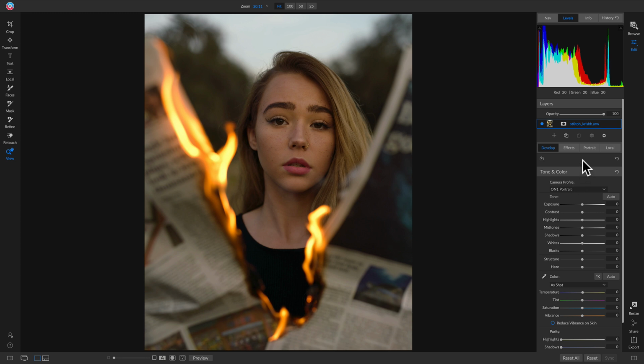So the next thing I want to do is I have these pieces of paper in here, and they're really awesome in the shot. I mean, they add a ton to the photo. They're a really cool foreground element, but they're a little bit bright, and I think I want to focus on her as the subject and kind of just tone down the areas around her. Well, a great way to do that is to use a local adjustment. So we're going to use some different local adjustments here, and we're just going to go in and kind of dilute this area with the fire and the paper. So we'll head into our local adjustments tab here,